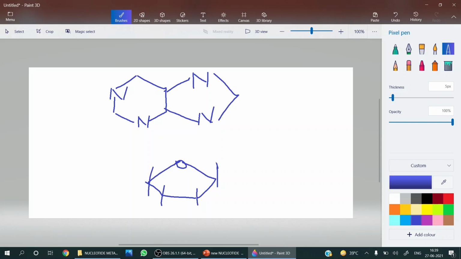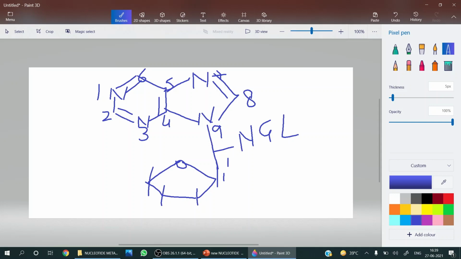So this is the ninth position. When you recall the numbering, it is like this: 1, 2, 3, 4, 5, 6, 7, 8 and 9. This is the purine base, and N9 of purine attaches with the 1' position of sugar to form the N-glycosidic